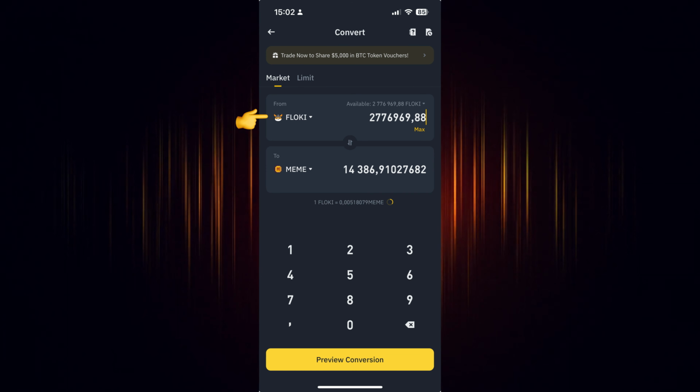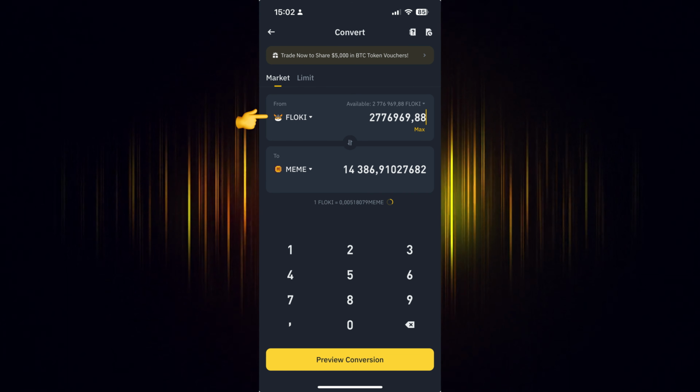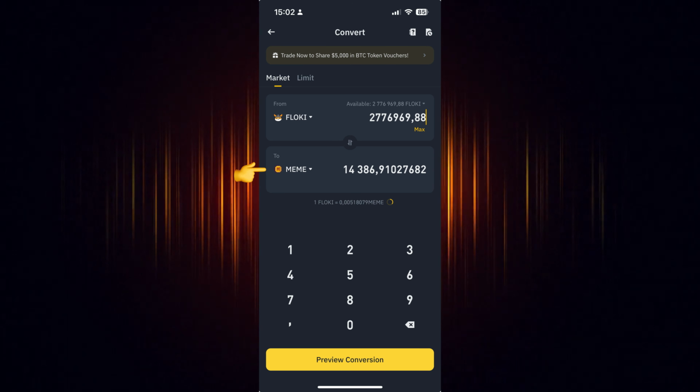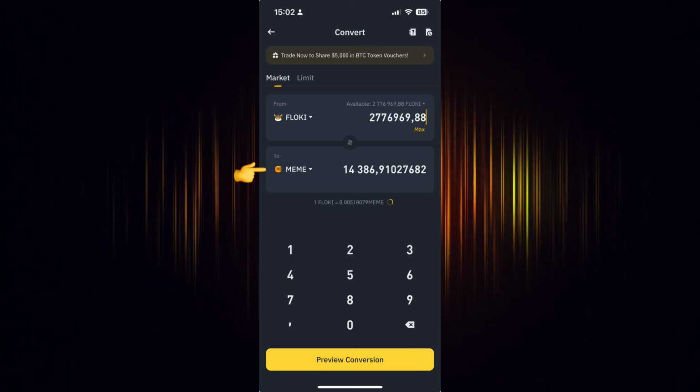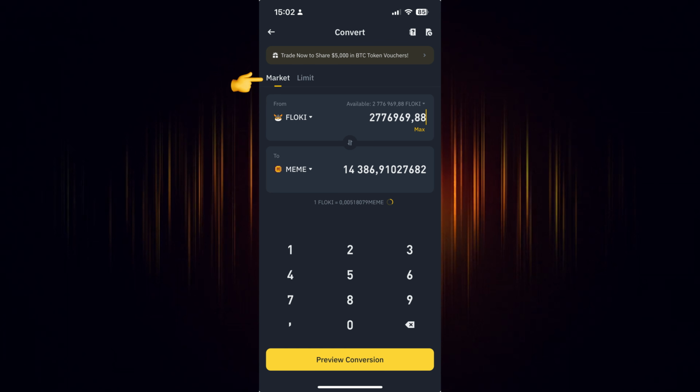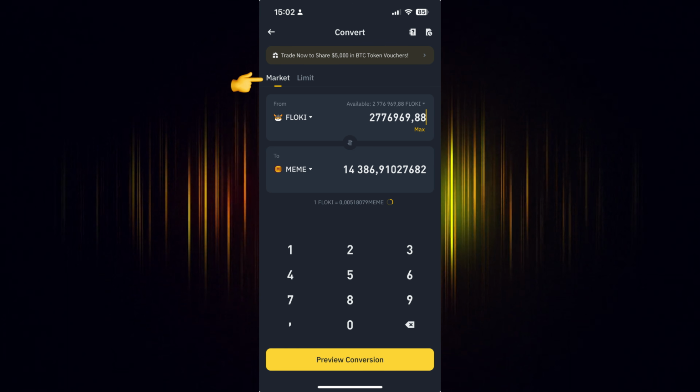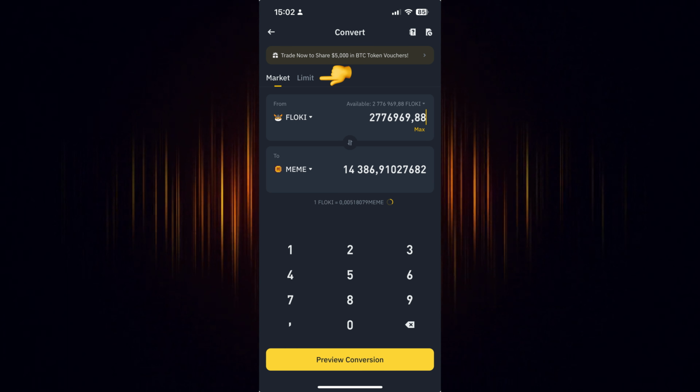Now select the currency you wish to use for the purchase. Then add the currency you want to buy. In our case, we are looking to buy Memecoin. There are two ways to buy it. You can either choose the current market value, or you can set the specific price at which you wish to